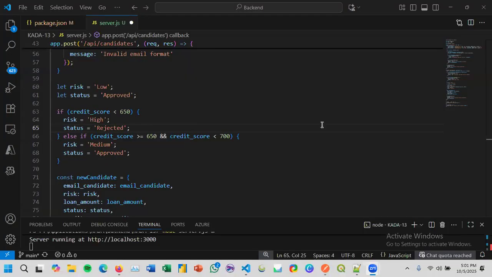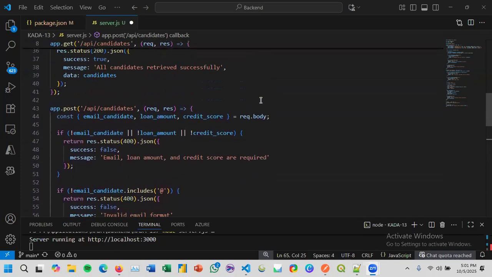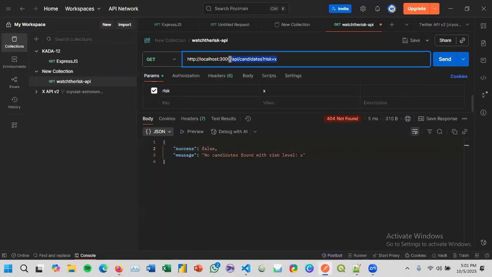Okay, let's also test all of the conditionals in Postman. The path is still the same, so slash API slash candidates. For the first test, we will try to post valid data with low risk, which in this case means the credit score will be above 700.